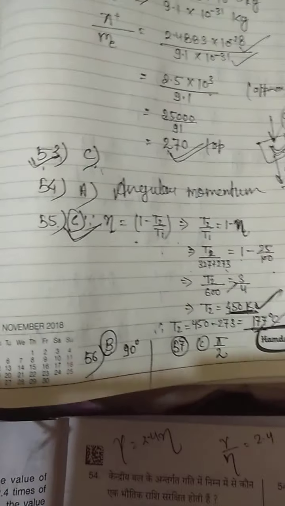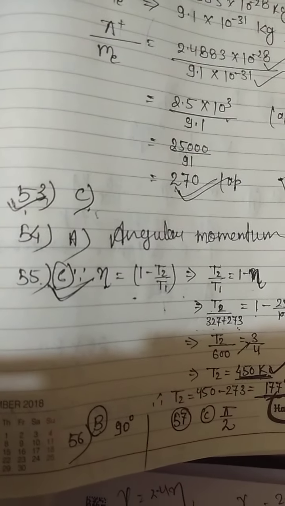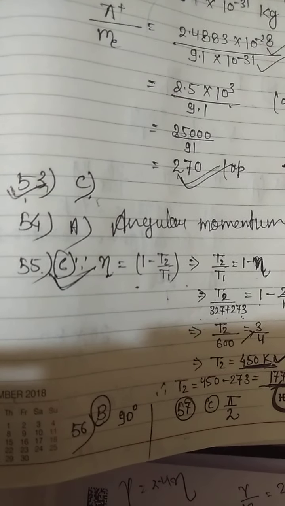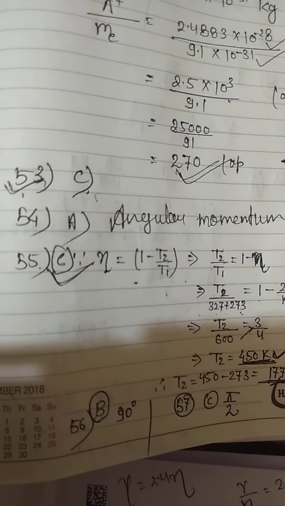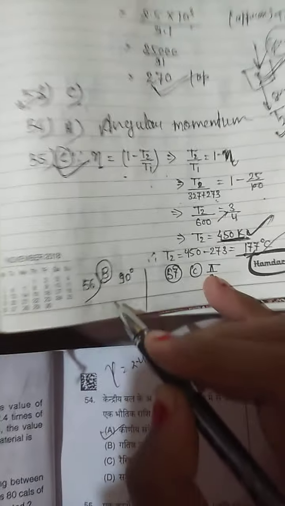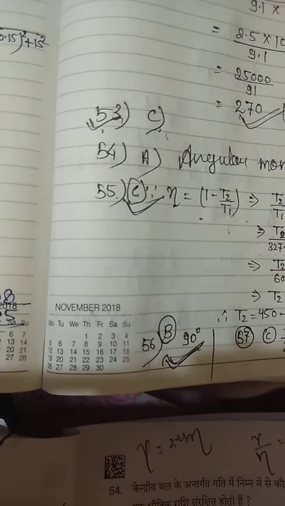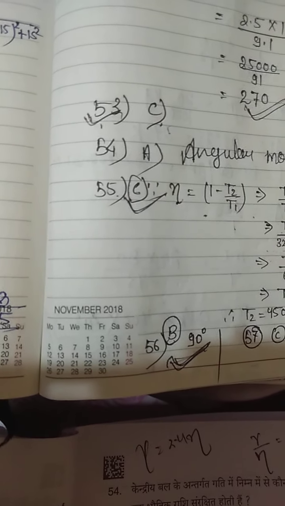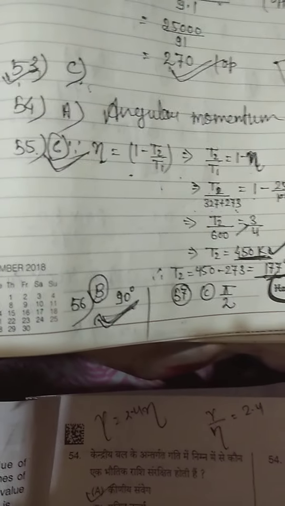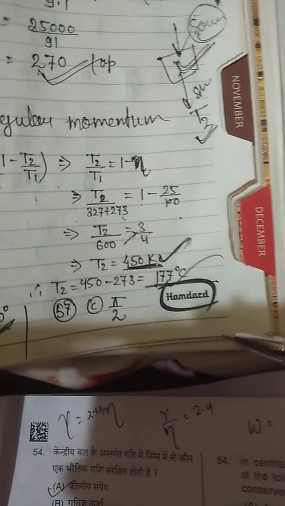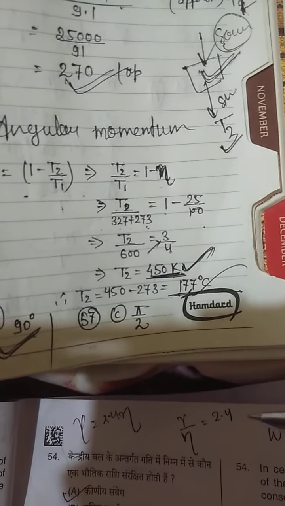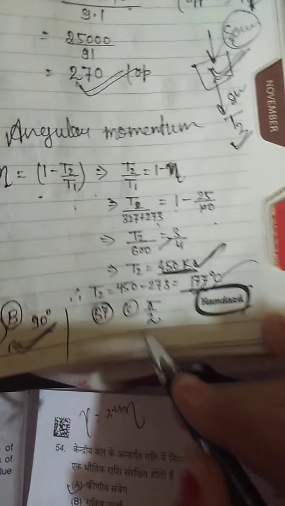Now question number 56. For incidence at Brewster's angle, the angle between reflected and refracted rays is, this is the direct answer, 90 degree. इसमें निकालना नहीं है. Brewster's angle पर रिफ्रैक्टेड और रिफ्लेक्टेड रेज के बीच 90 डिग्री का angle होता है. So I have given the option B. Correct option is B. Next question is, the current in an AC circuit is wattless when the phase difference between current and voltage is pi by 2. This is also a direct question which has been asked.